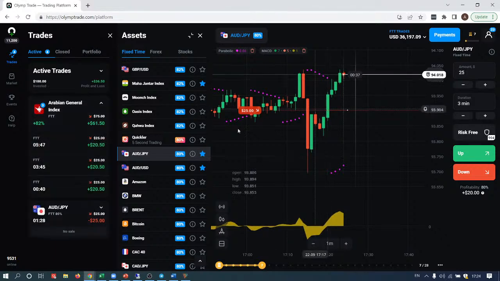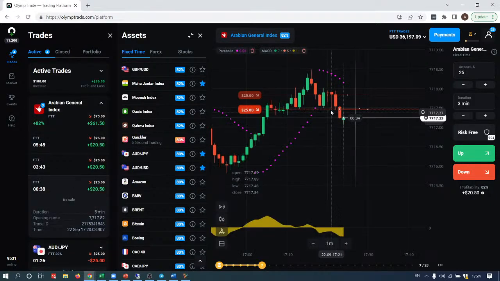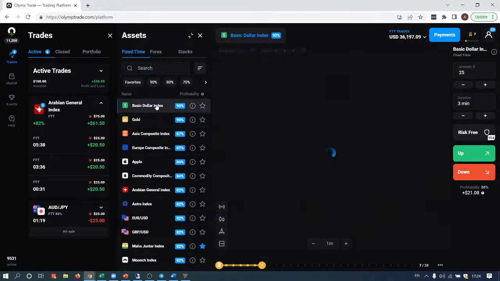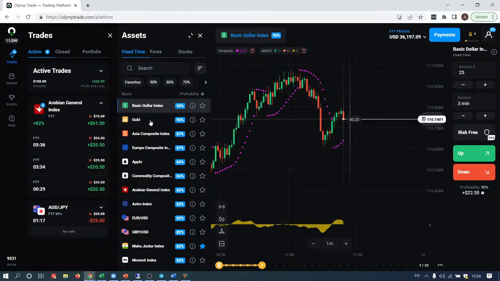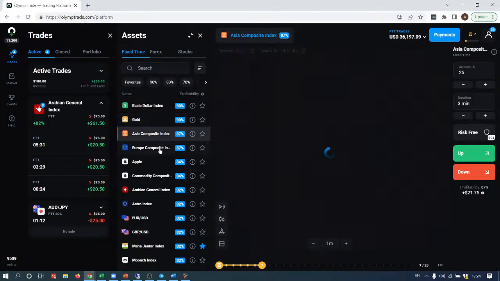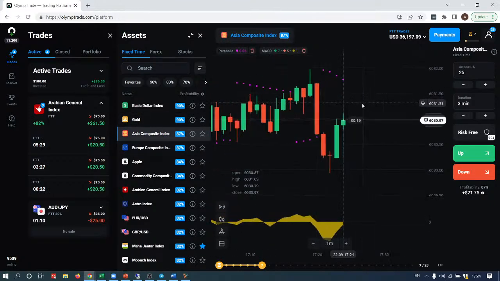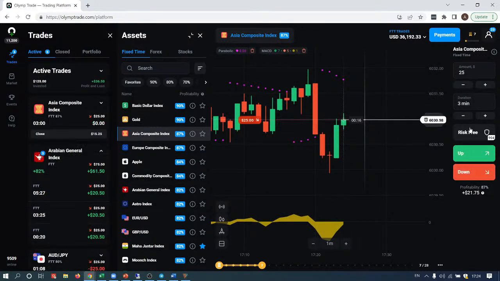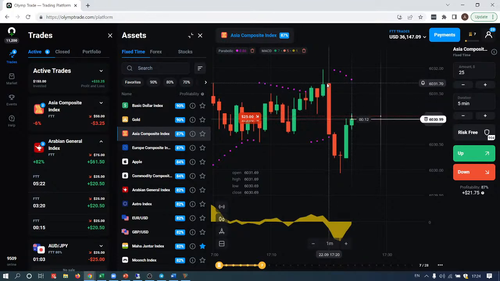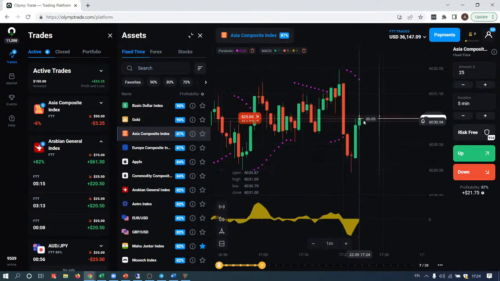So, wow, some of my trades close with profit, some don't. Right, let's give it a try with Asia Composite Index. Now, I like this kind of pattern where we have a pretty sharp dive like this one, and then we have this correction, this pullback,